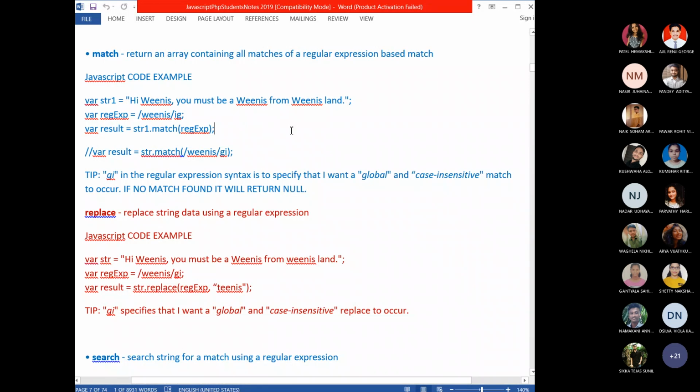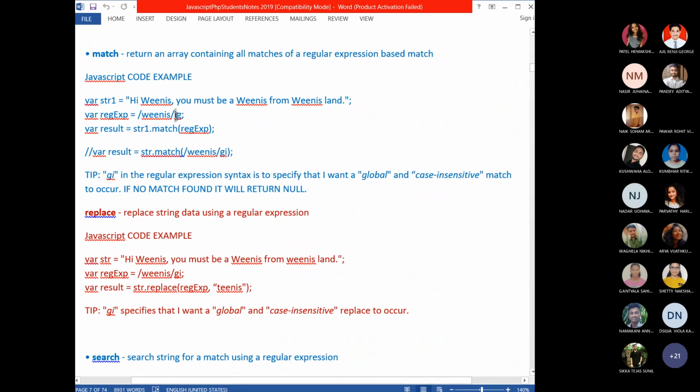So we want to perform a case insensitive search. By default, the match method will perform a case sensitive search, but we want to change that. We want to perform a case insensitive search, so we can add a predefined flag for that. The flag I denotes case insensitive search, so we are adding I.